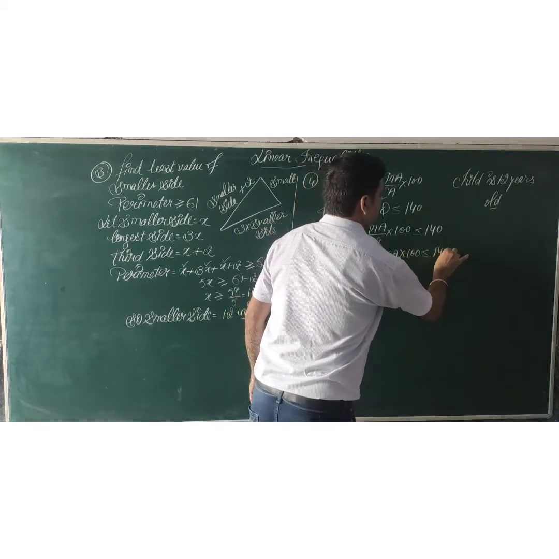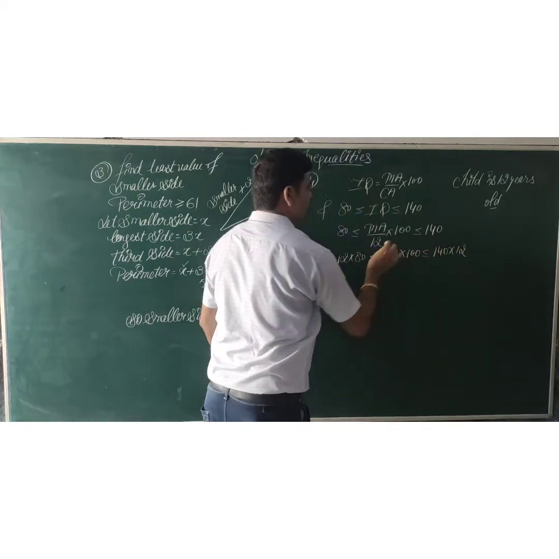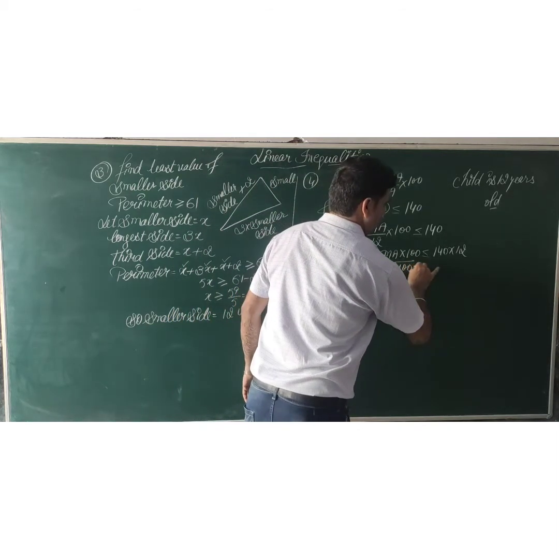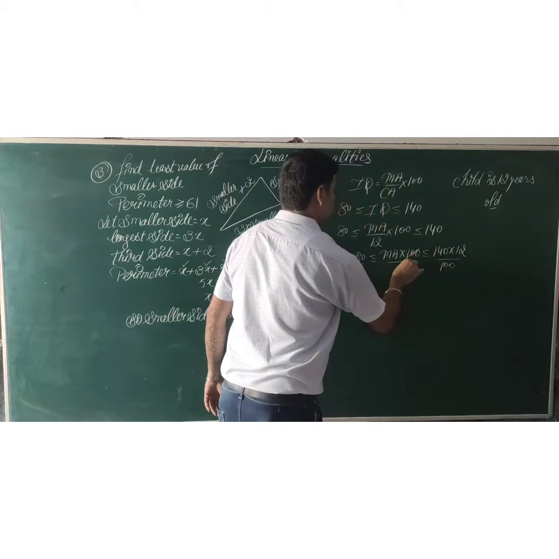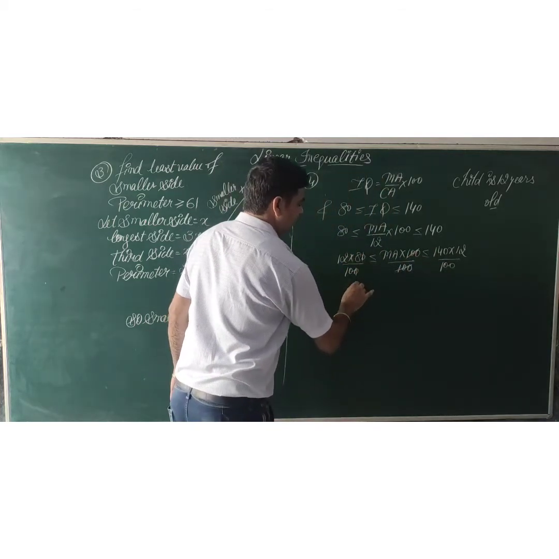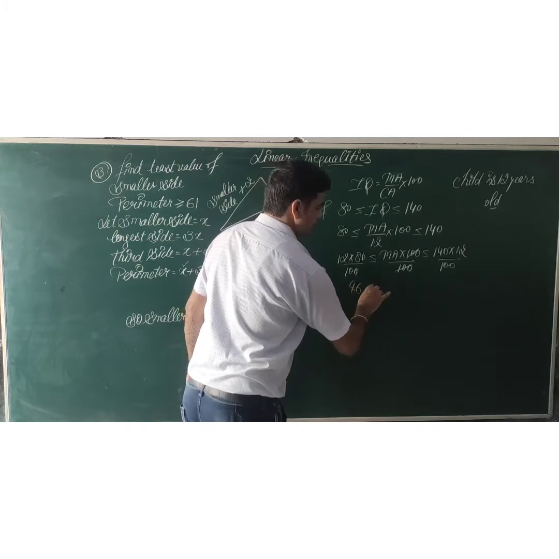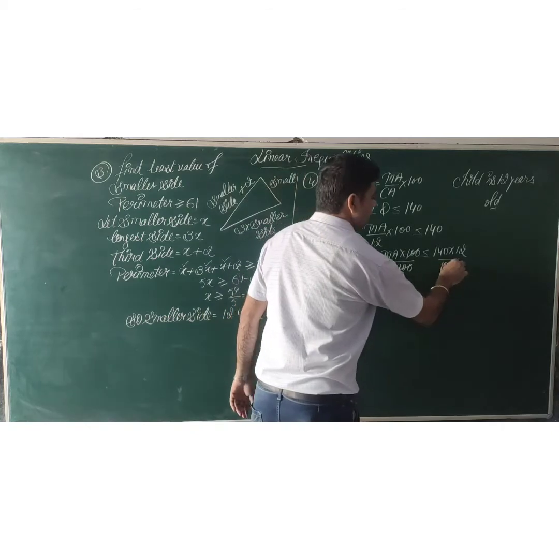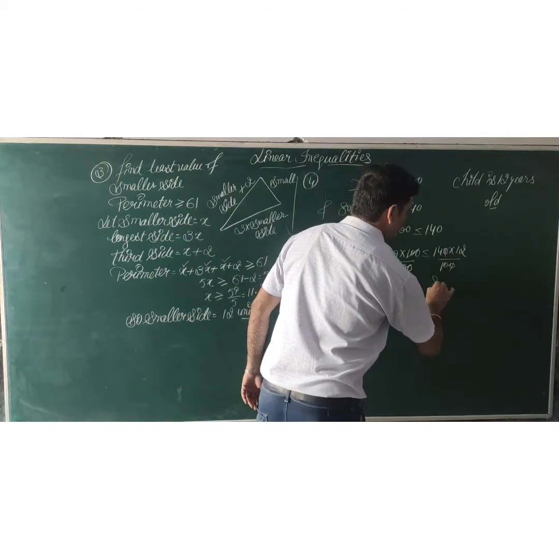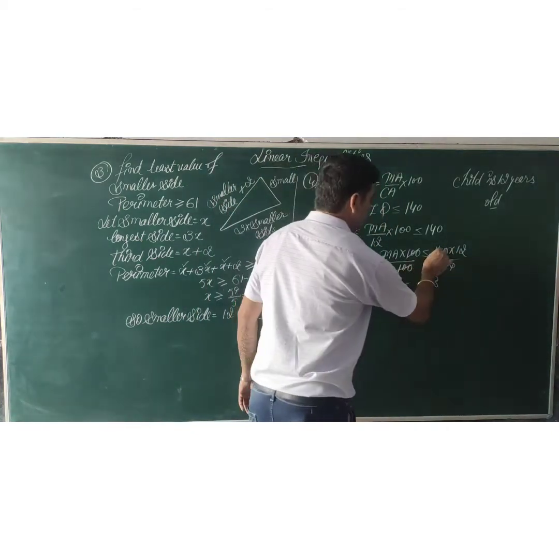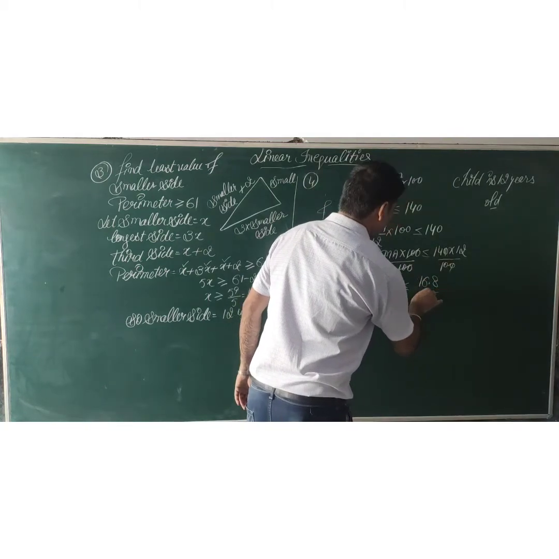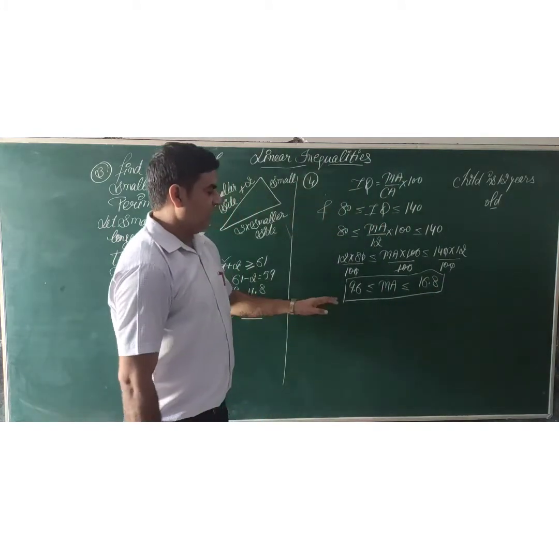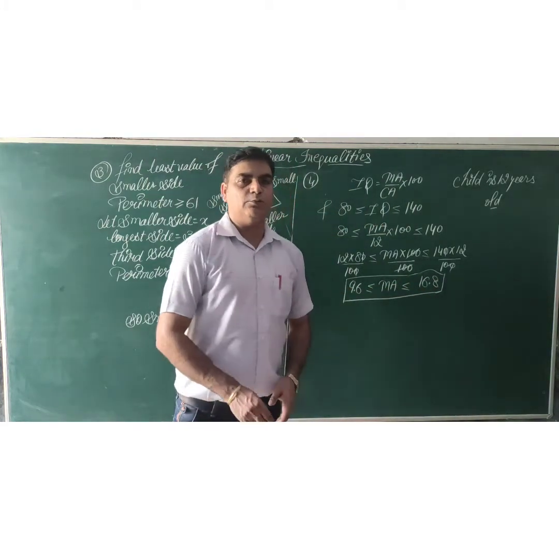We get this. Now we have to remove 100 from it, so divide by 100. We get this one. Here the zeros cancel out. 12 times 8 is 96, divided by 10 means 9.6, the mental age of a 12-year-old child. Then 12 times 14 is 168, divided by 10 means 16.8. So the mental age of a 12-year-old child lies from 9.6 to 16.8.